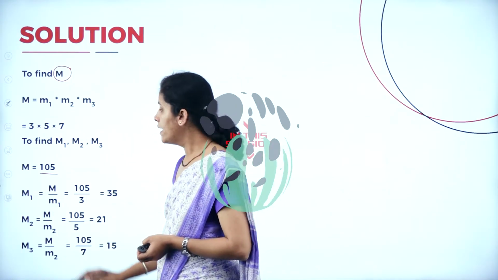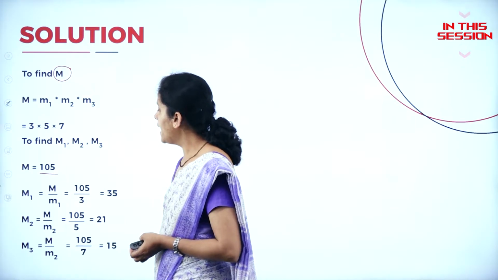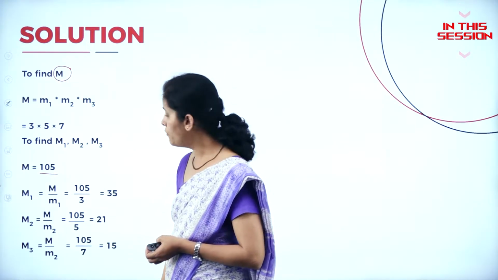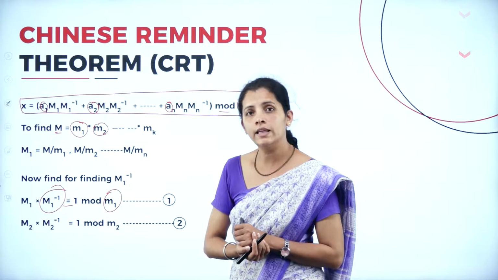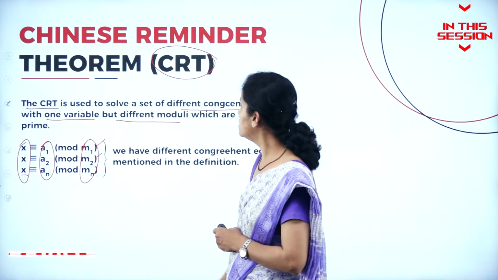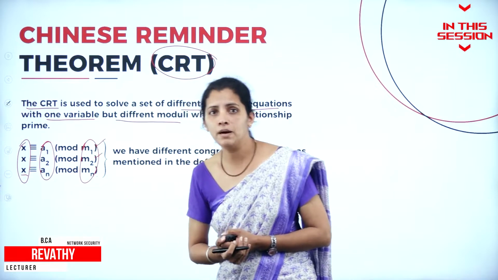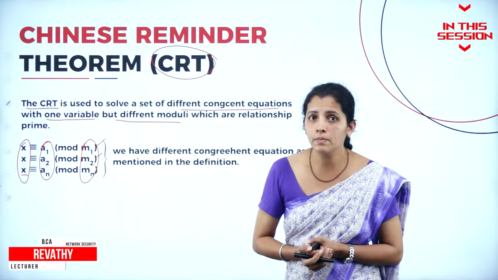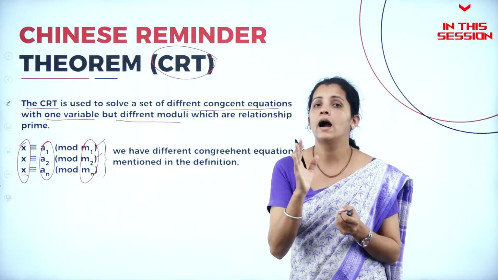Find M1, that is M divided by M1. What is there at M? It is 105. How am I going to substitute the value? It's going to start from 1, then next time 2, next time 3, up to n. If I consider any moduli, they must be prime numbers. Then what is a prime number? The number which is divisible by 1 and its